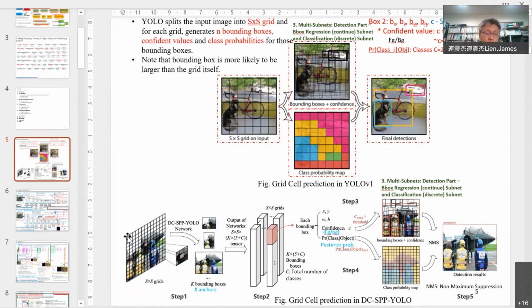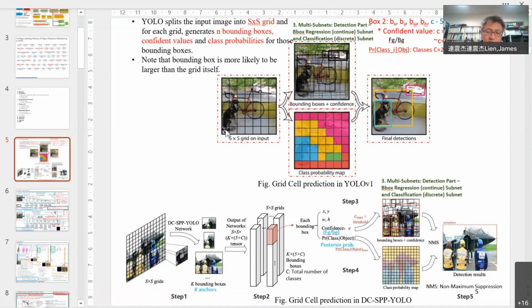So for each grid, you have anchors. And this one means each grid, and this height means the number of parameters. So the total here has S times S grids. Usually it is 7 by 7 or 14 by 14 in YOLO. Previous faster RCNN is 60 by 40, but you don't need to remember that one, it's just an example. So suppose here is an easy one, 7 by 7.